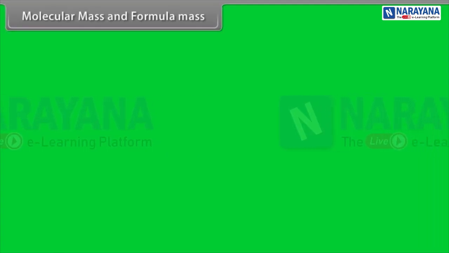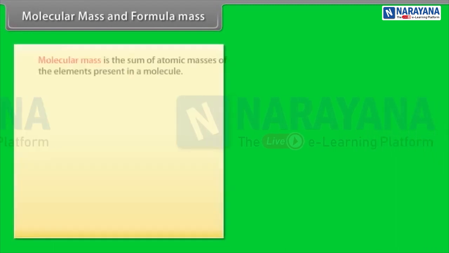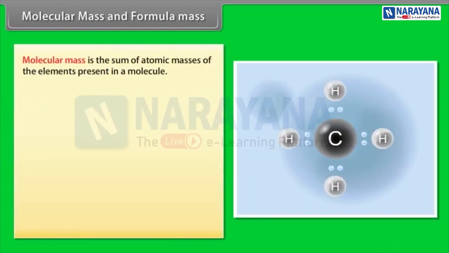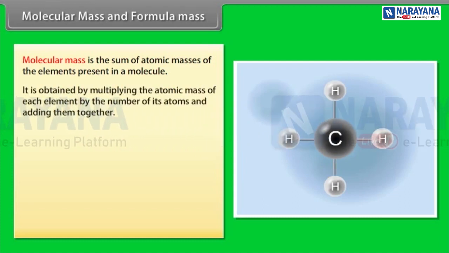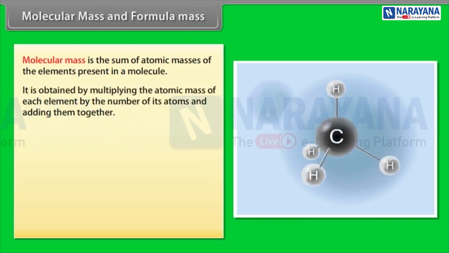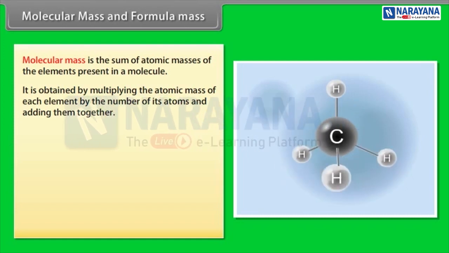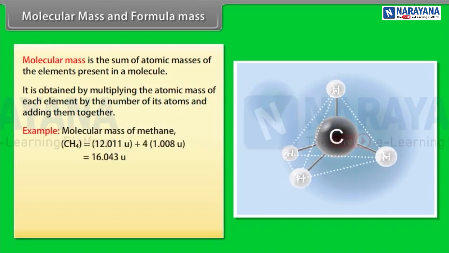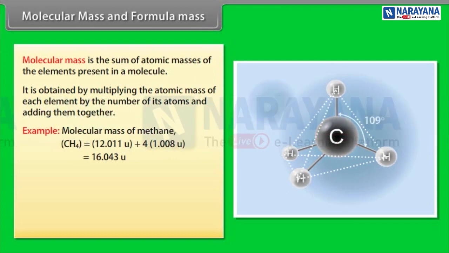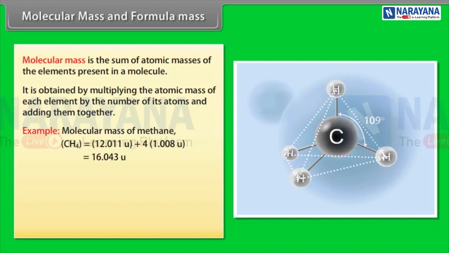Molecular mass and formula mass. Molecular mass is the sum of atomic masses of the elements present in a molecule. It is obtained by multiplying the atomic mass of each element by the number of its atoms and adding them together. Example: molecular mass of methane, CH4, is equal to 12.011 u plus 4 × 1.008 u